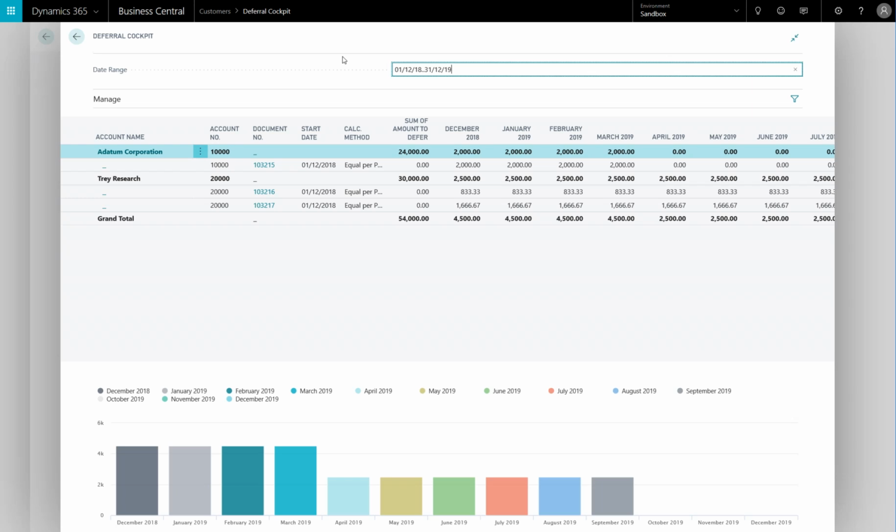The next thing to notice is that Cockpit is divided into 2 sections. The top half is a list view of all documents posted in the system. In this example, for sales deferrals, the documents are grouped together by account and so here by customer accounts. The bottom half of the cockpit is a graphical display of the deferral values posted as a bar chart by